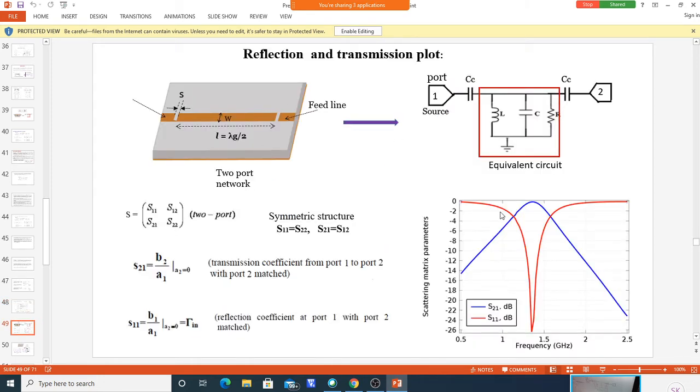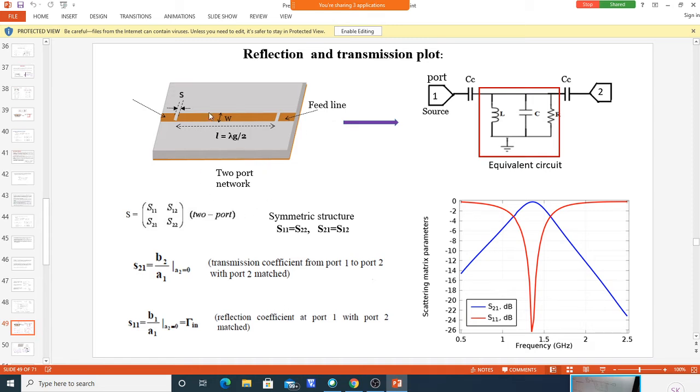I have given here an example that many of you did in the laboratory. We measured S21 in the laboratory class for a two-port network, like this line resonator we have done. We measured how much power is coming out of this port with respect to port 1. So we are sending a signal into port 1 and measuring the output from port 2. That is S21 we have to measure.